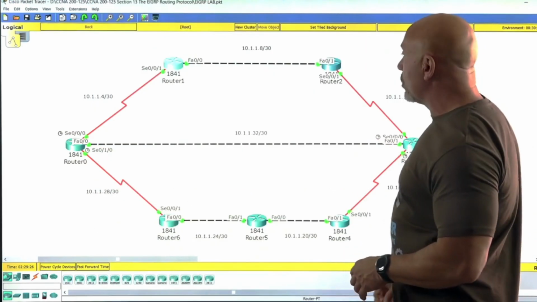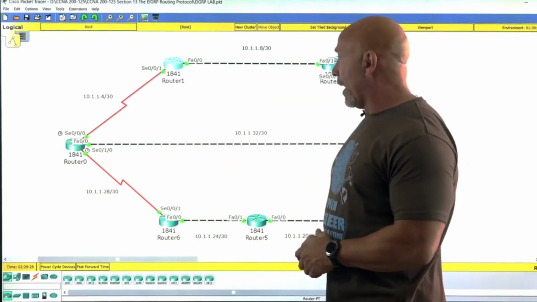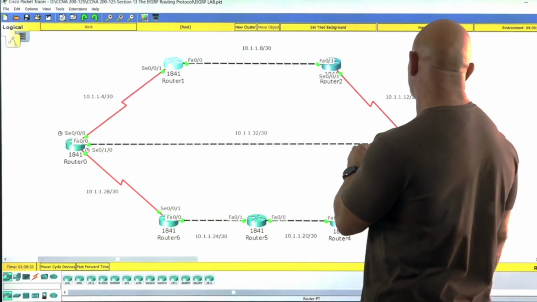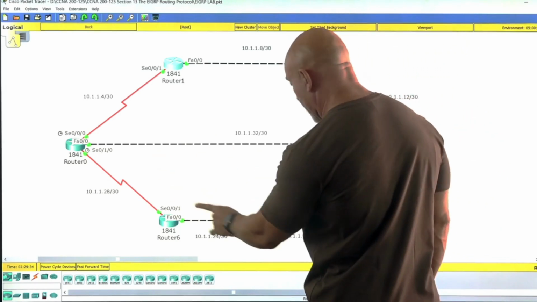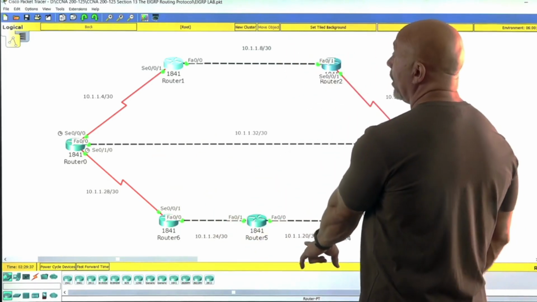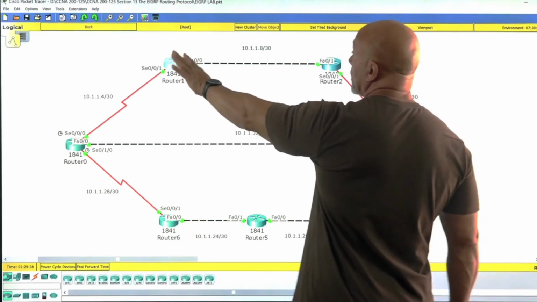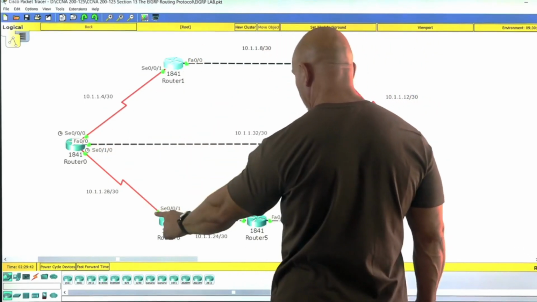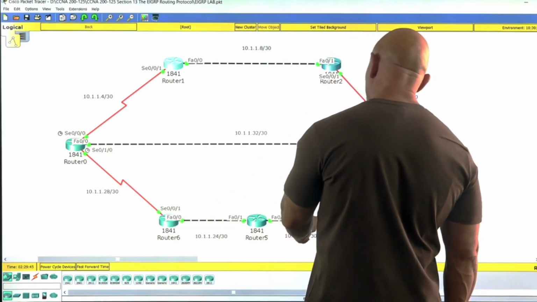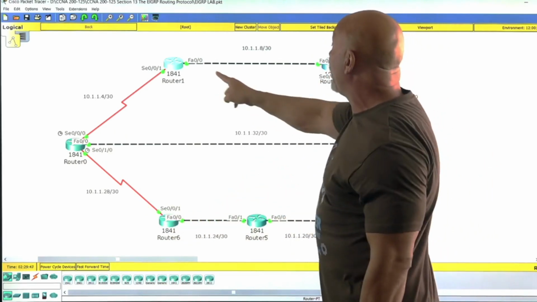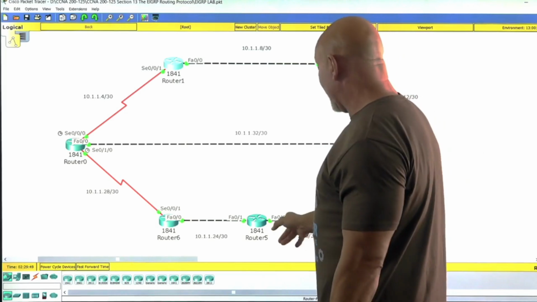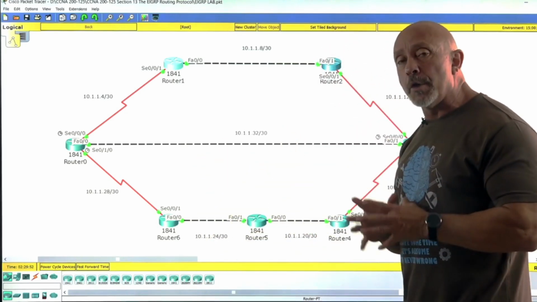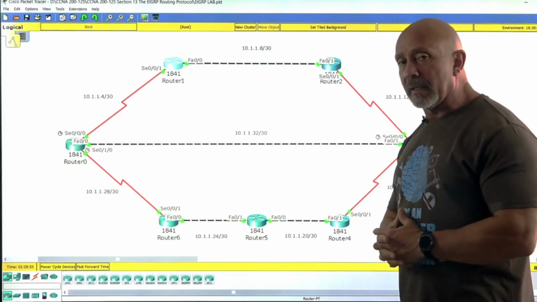Okay, I'm going to minimize this real quick. So we were on that router right here. We're trying to go to the 20 network, which is where? 28, 24, 20, right here. And we're sitting up here. So this is a slower way. That's why it has a higher number. Serial, fast Ethernet, and then it gets to the router. Where here is fast Ethernet, serial, fast Ethernet. We're right here. Somewhat similar, that's why they have the same number,